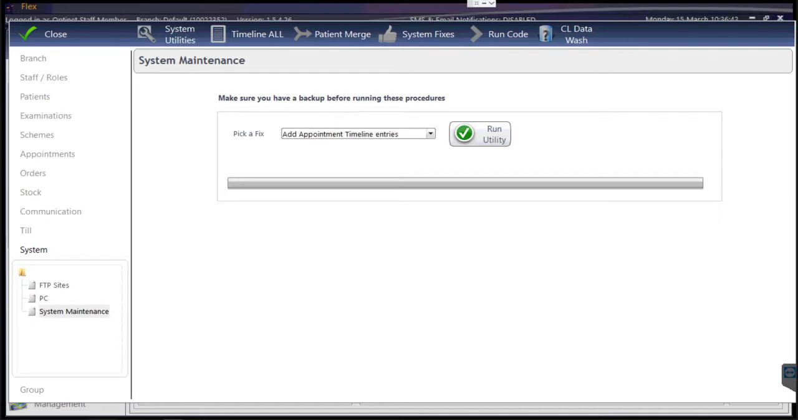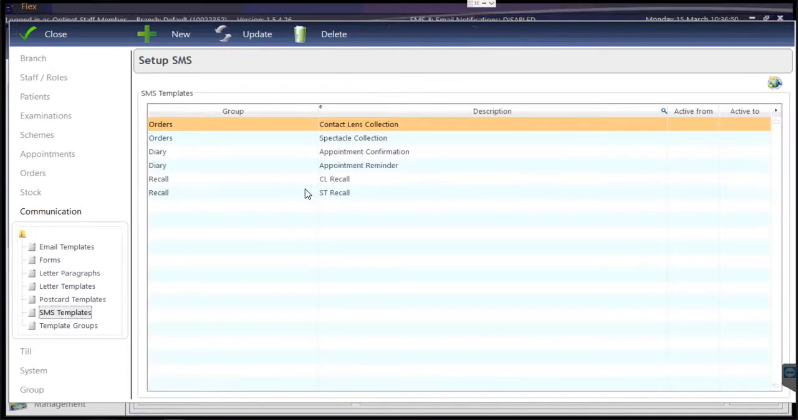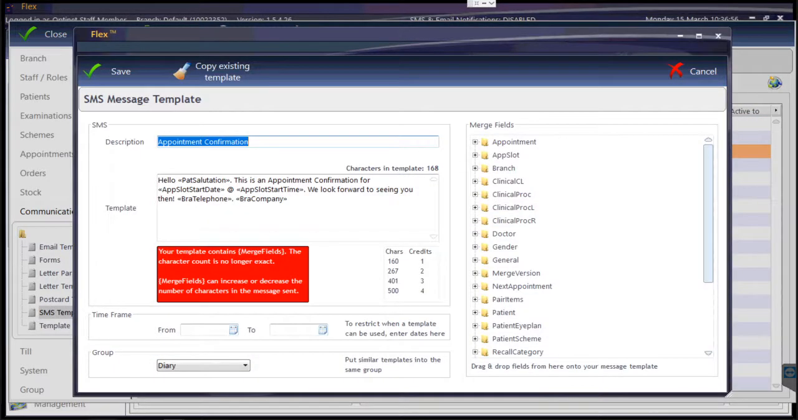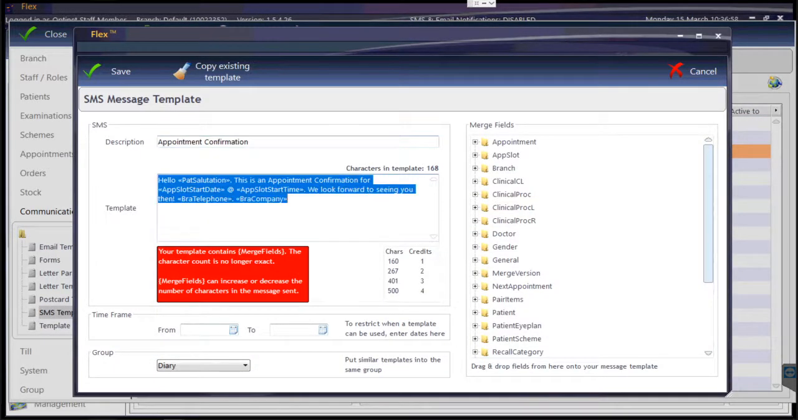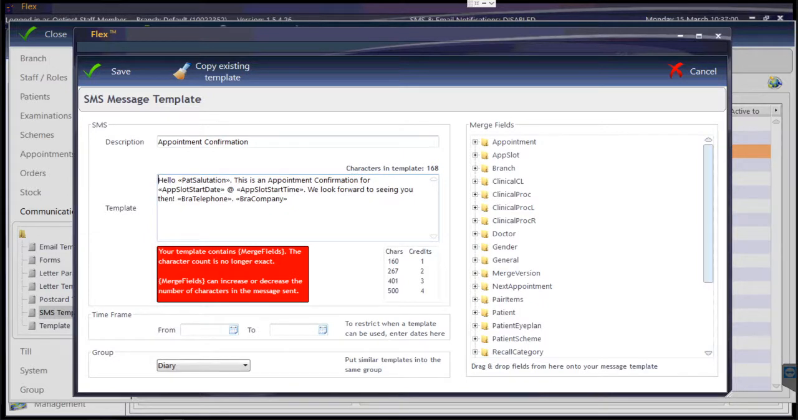Let's have a look at the actual messages which we're sending. So we're looking at our Flex defaults at the moment. If I click into my SMS templates, Flex ships with a few defaults which are quite useful. Let's have a look at the appointment confirmation. They all look fairly similar, and what we can do here is type out the message that we'd like them to get. So I'm actually going to start this one completely blank, but you can see here it says, hello,